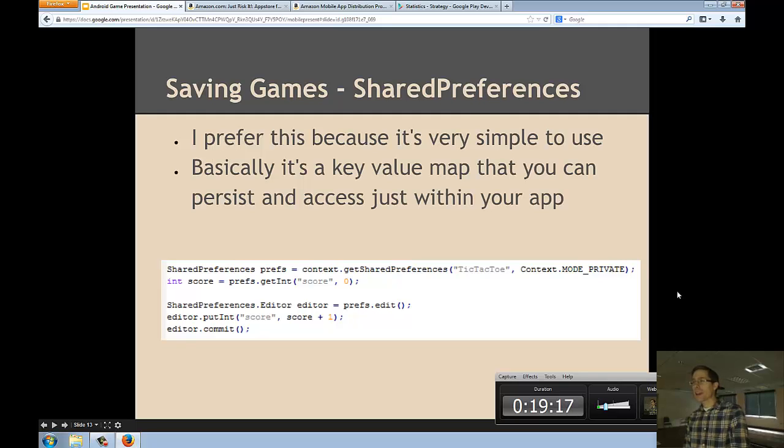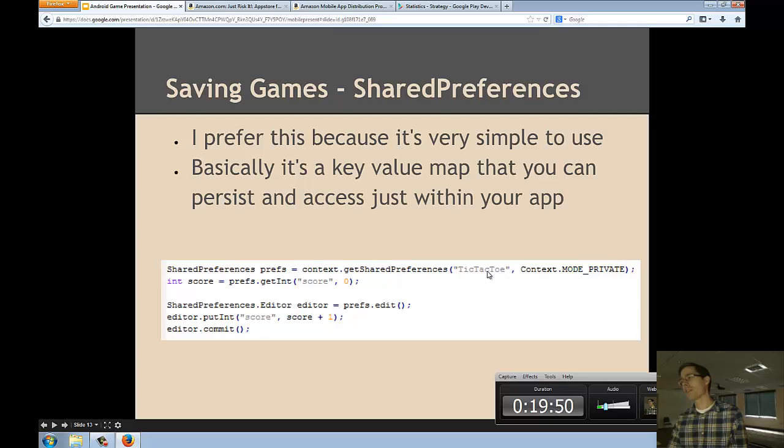It's basically a key value map that you get access to in your app. Each app gets its own shared preferences. You can choose to have it private or public. Private means your app alone can open it, view it and save to it, whereas public means other apps can do that. We'll walk through some of these lines. To use it, you first have to get it. Every app has a context that you get access to. So you're just calling, I want shared preferences, and then